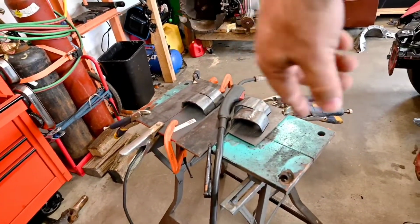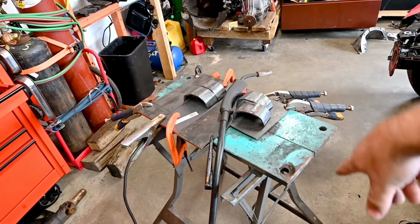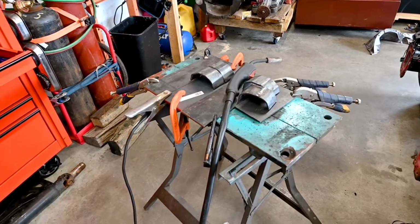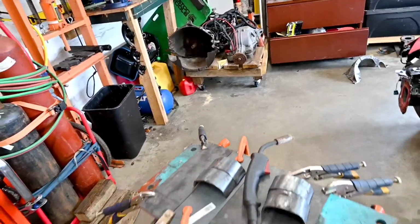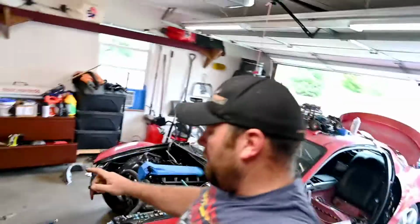I've got all these C-clamps and vice grips down here to hold this steel down because this is a wooden table, and I do plan on welding on the steel. I'm not welding the plate steel together, but I'm just going to be welding these pieces together and then putting them on the actual front bumper sitting on the other side of the car. So I'll be able to